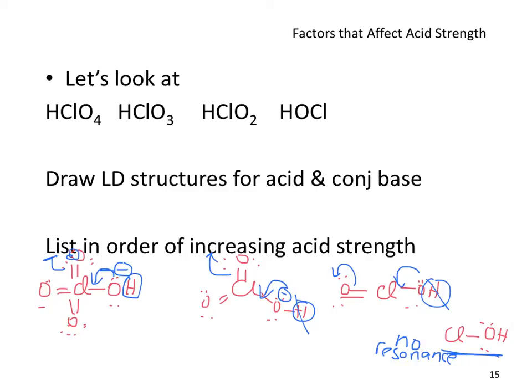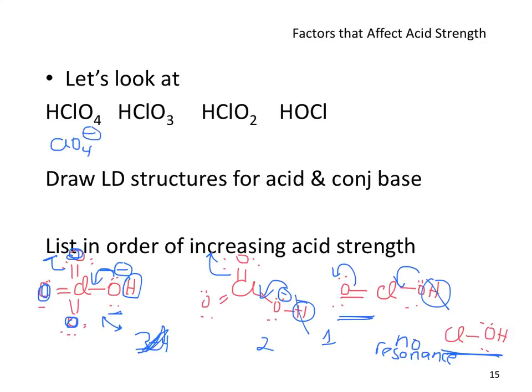And since each of these oxygen atoms are essentially equivalent, one can say that you would be able to draw 3 resonance structures in case of the first conjugate ion of perchloric acid. You would be able to do only 2, and that is excluding the one that we already have. And in case of the first one, you would be able to draw only 1. Greater is the number of resonance structures, higher is the stability, and so that makes the